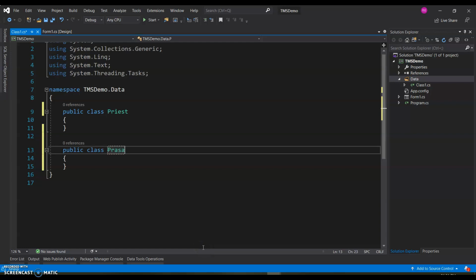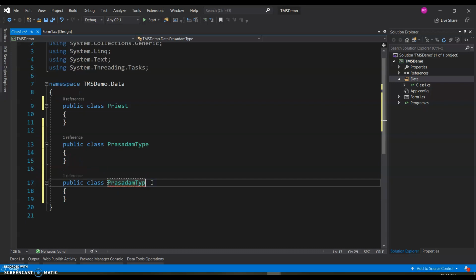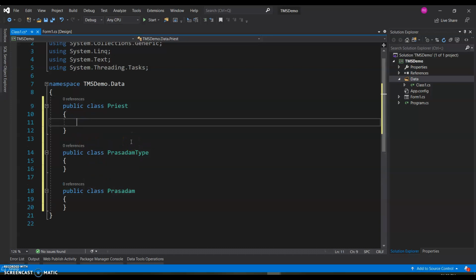a prasadam type, and similarly for the prasadam itself, right? So this way, instead of typing the schema on a notepad and then copying here and creating properties for it, I can just go ahead and create the required classes directly here, and we can also start keying in the required